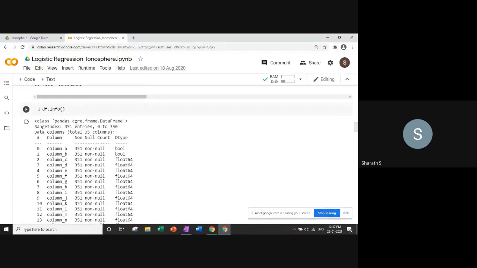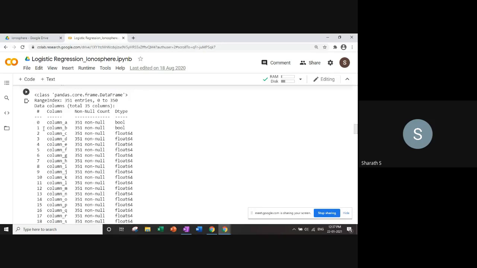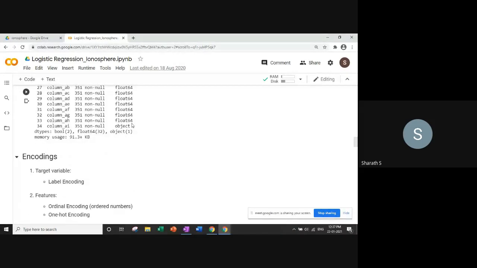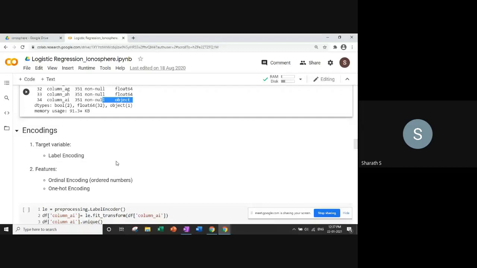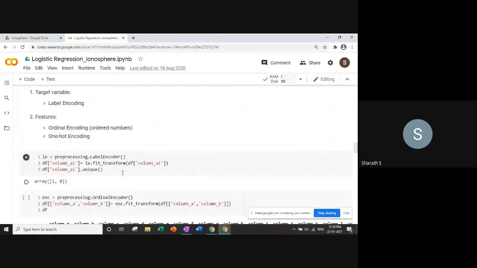Then the data frame info. So you can ask for .info, which is the pandas function, and you can see the data type of each column, and how many values there are in that particular column. So you have a column with 51 values, and it's a Boolean type. So the first two variables are Boolean type, and then other things are float variables, and the last one is an object variable.